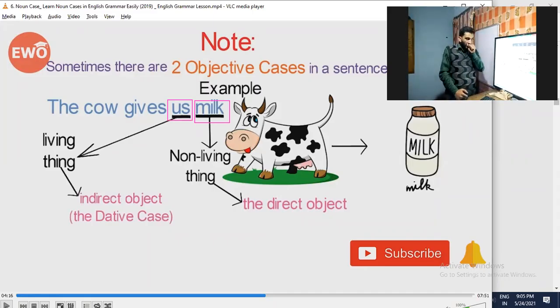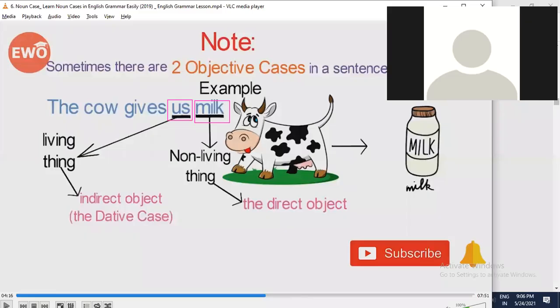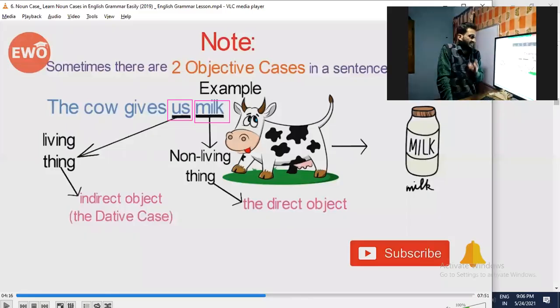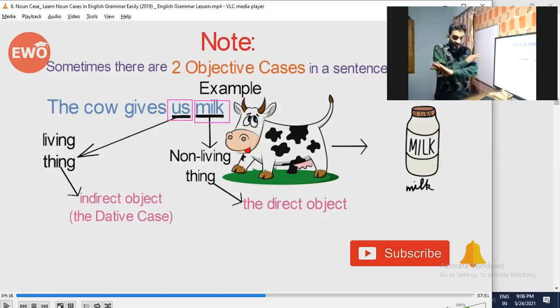ध्यान रखना। That means अभी तक हमने सिर्फ दो cases पढ़े। That is the subjective case and the second one is the objective case. कल हम पढ़ेंगे और तीन cases, फिलहाल आप दो cases लीजिए, लेकिन इस objective case में और दो निकलते हैं, यानी there may be two objective cases in a sentence, one is the direct object, second is the indirect object. अब मैं आपको बताऊंगा, dative case means जिसको हम हटा सकते हैं। अगर हम sentence में इसको हटा सकते हैं, sentence को कोई फर्क पड़ने वाला नहीं है, लेकिन अगर हम डायरेक्ट ऑब्जेक्ट को हटाएंगे तो फर्क पड़ेगा।